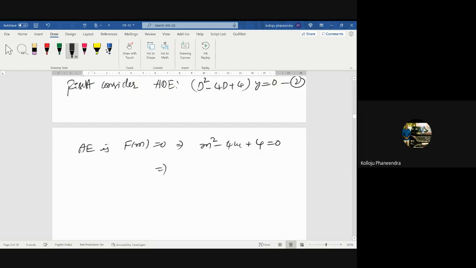That implies m equals, what are the roots? 2 comma 2. Therefore, the complementary function is yc equals (c1 plus c2 x), a first degree polynomial, into e power 2x, since the root 2 is repeated. Equation 3. Now, the particular integral is